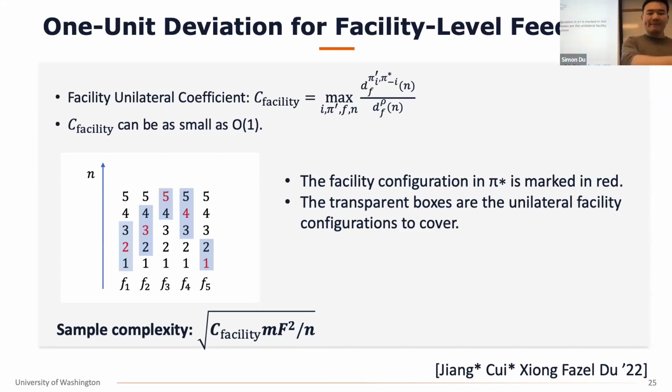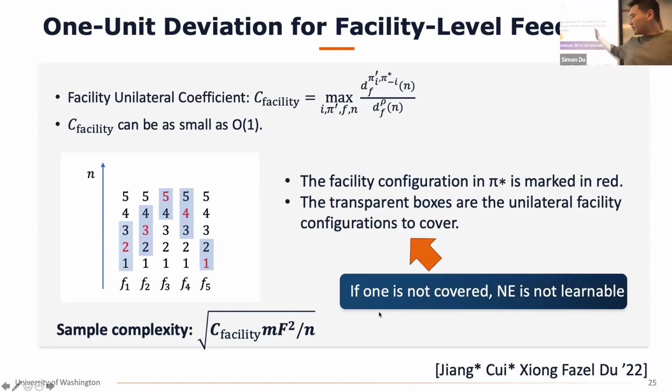Is the intuition because of monotonicity or something? What's the reason that you need less information? So in this case, it's because now you have more observations. For each facility, you get 1 observation. So actually the effective dimension is more like a full feedback compared with a bandit feedback in the online setting sense. All right, and we also show an impossibility result: if you do not have this kind of condition, then you cannot learn a Nash equilibrium.